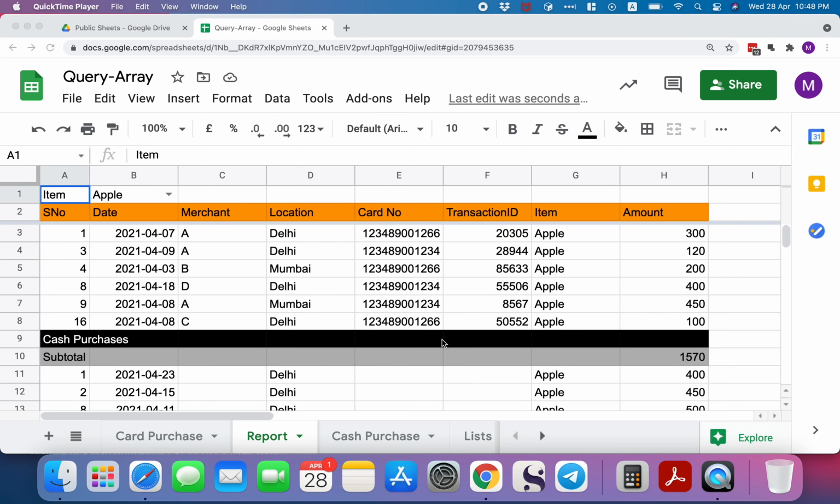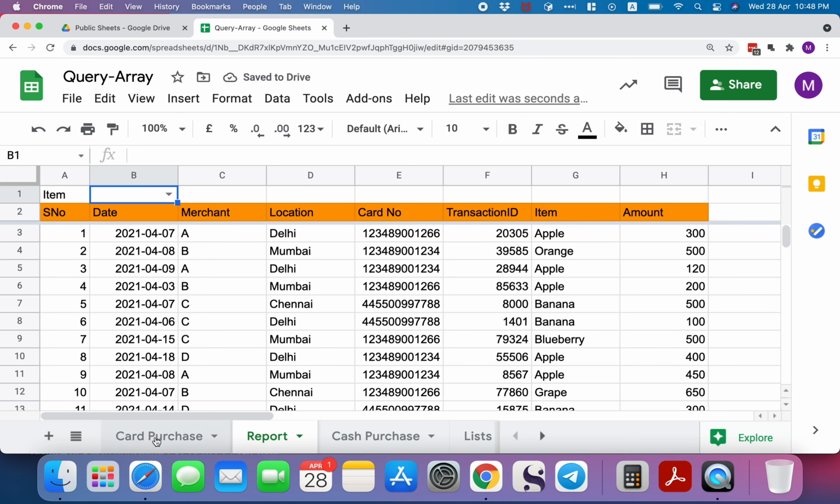But today we're going to use Google Sheets instead of Excel. And the reason for that is, as you can see up here, we're going to use the really powerful Google query function. This is a sheet that I've already built before, and I'll make it available in a link down below somewhere. All it is, literally, is a dynamic sheet that takes data from card purchase and cash purchase